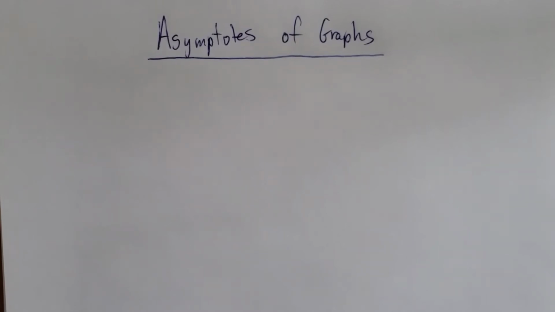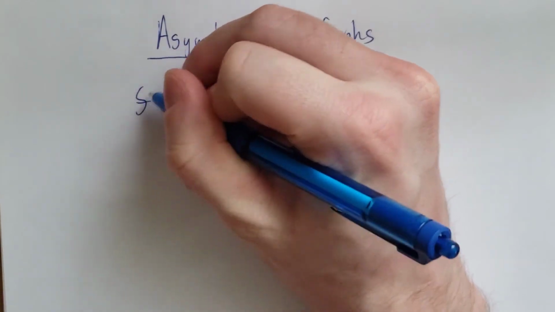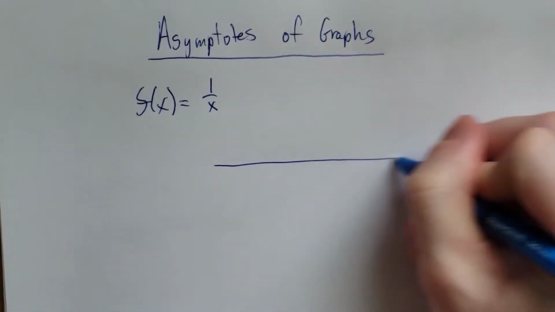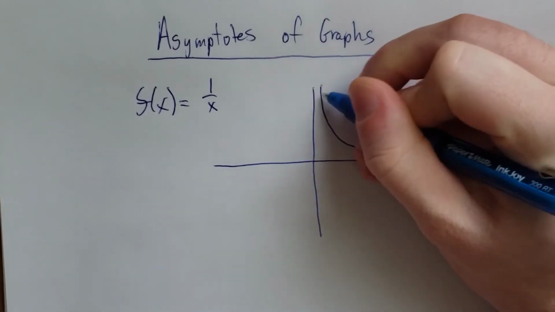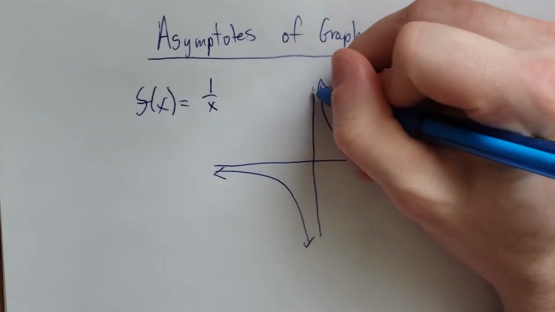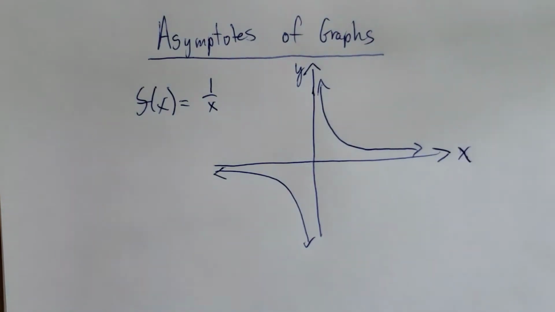In this video, we're going to be looking at asymptotes of graphs and how those are related to limits. And we're going to do so by starting with an example of the graph f of x is equal to 1 over x. So I'll just go ahead and draw that real quick. All right, well, this is our positive y-axis, positive x-axis. And what we'd like to look at or notice here is that f of x